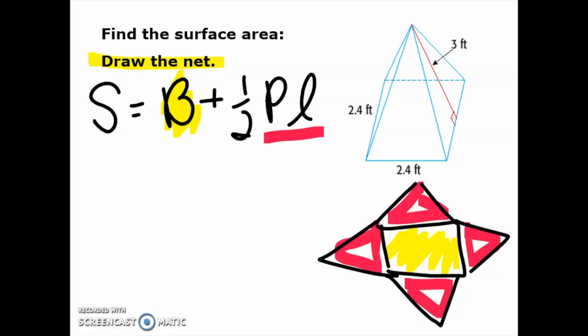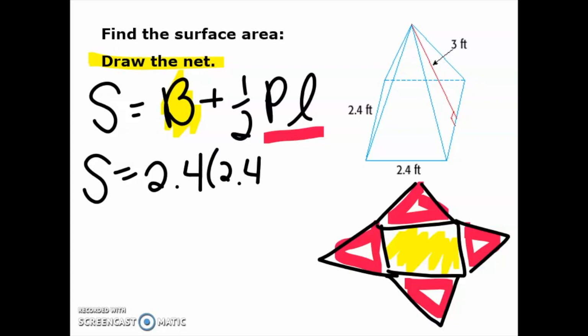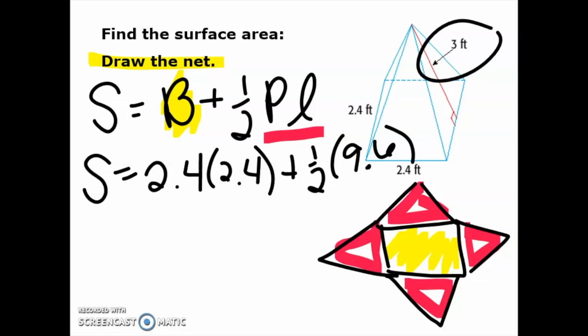Taking a look here, the area of our base is 2.4 times 2.4, plus 1/2 our perimeter. At this point, it's okay to use your calculator to add these all up. 2.4 times 4, because we have 4 of them, would be 9.6. And then our slant height is this number here, times 3. I'm going to use my calculator to multiply this out. 2.4 times 2.4, and I get